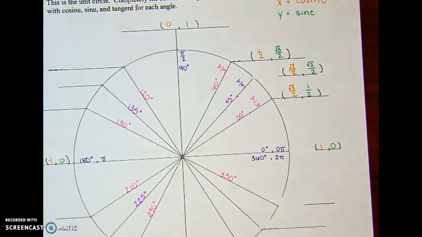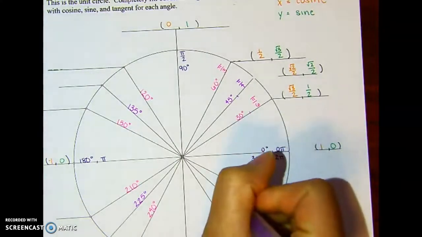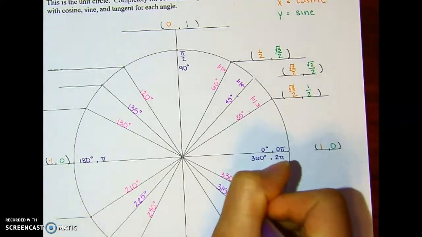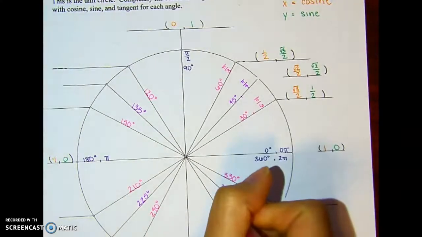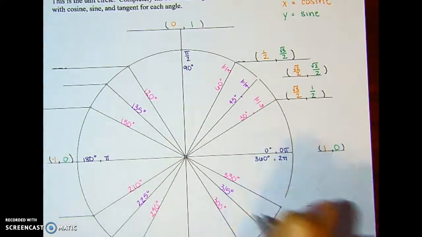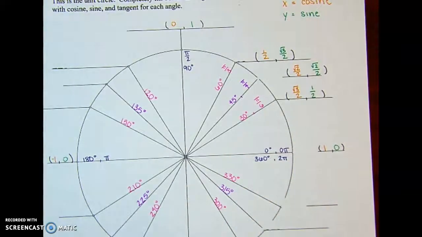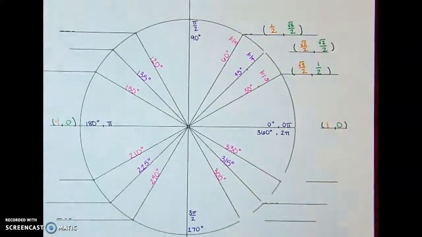360 minus 45 is 315 degrees. And 360 minus 60 is 300 degrees. So that's how we're going to get all of our degree angles using reference angles. Now let's talk about radians. So I think it's better to think of radians